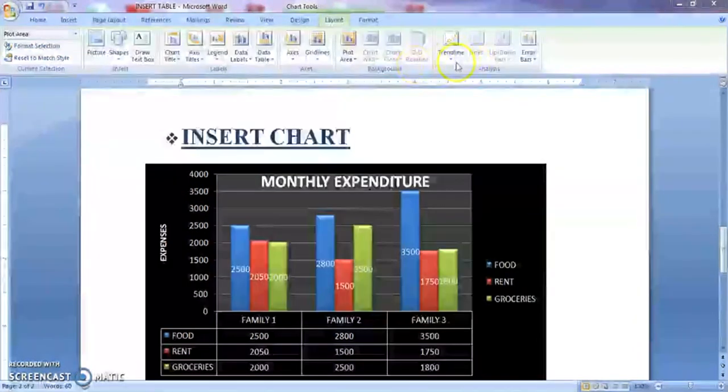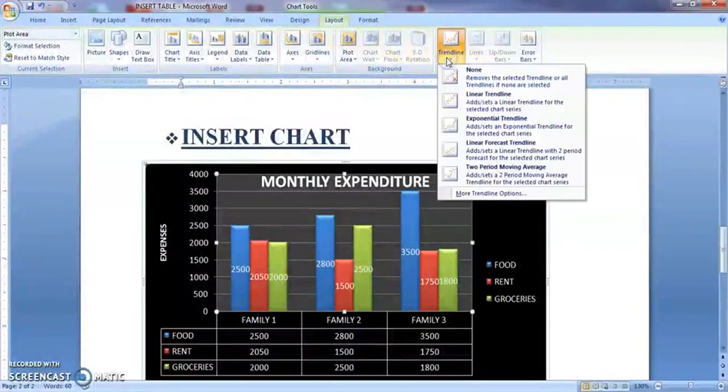Let's talk about the trend line series in the layout tab. Trend line helps us identify what values may occur in the future based on the previous values. If a company has to forecast how the sales will be in the upcoming month based on the previous months' results, then they can go for such analysis and fit such trend lines in their chart. For them, it is really helpful.